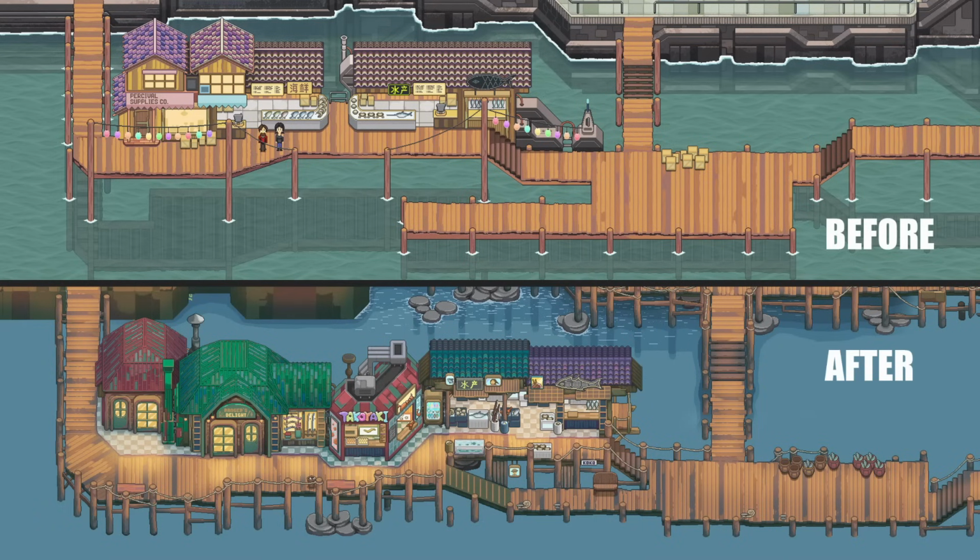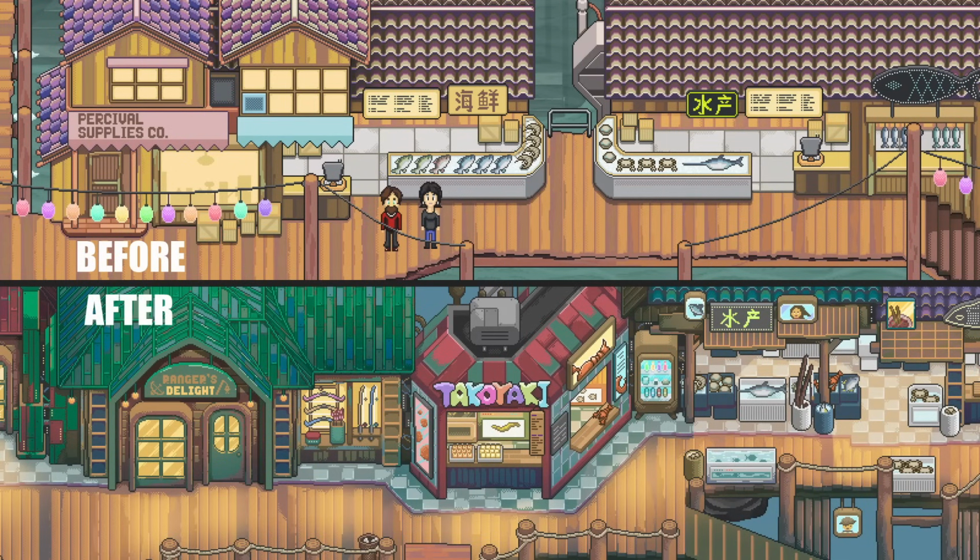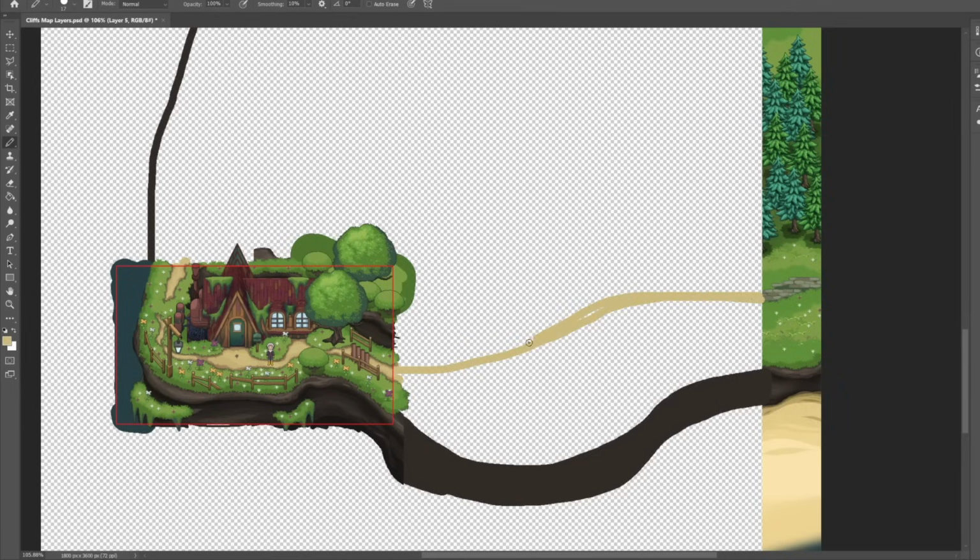If we directly compare the two drawings, in the new version, there's greater cohesion between all the different elements, and the scene just looks much livelier because I focused on creating a standalone painting rather than individual assets and throwing them together. Jumping back to the original drawing, I can begin extending out the rest of the scene based on